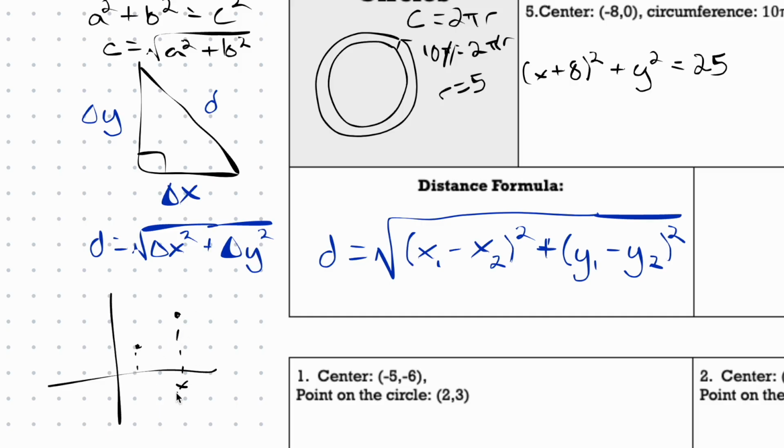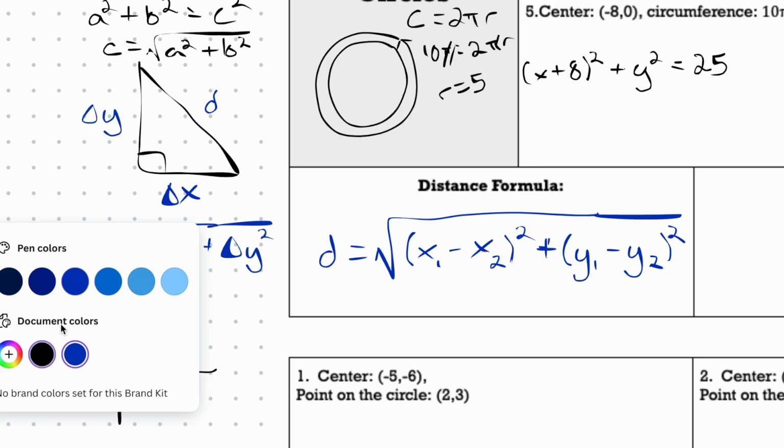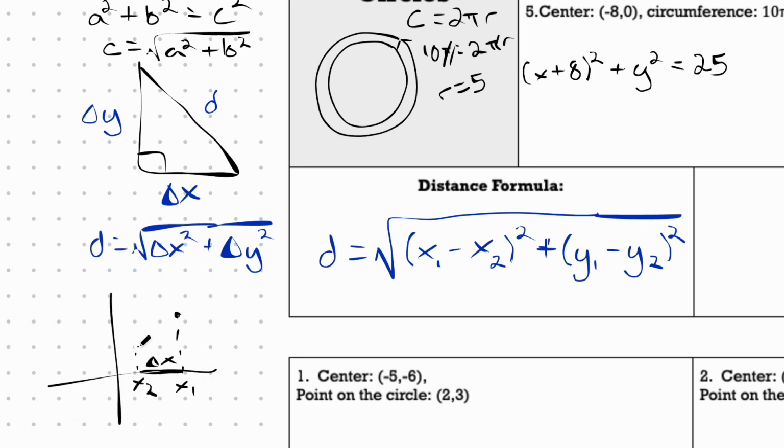And let's say this is x1 and this is x2. We're going to subtract the 2 to see this distance, this change in x, this delta x. And then we're going to square that, because what we're doing right here is we're creating a triangle to find